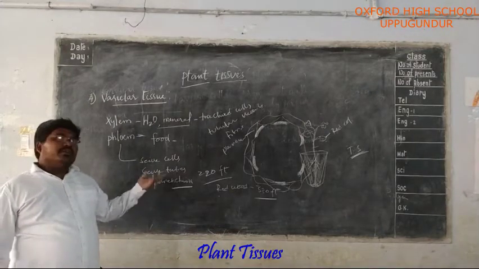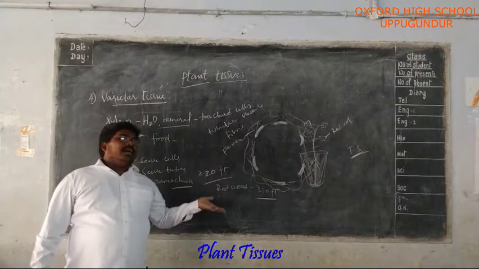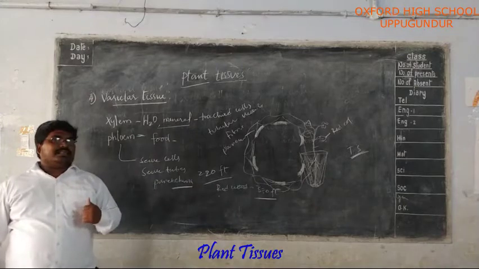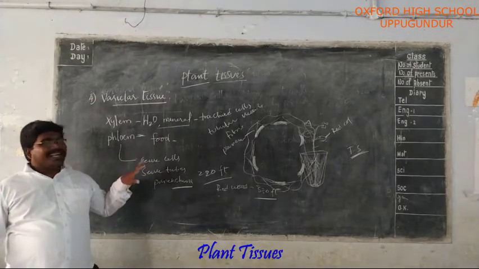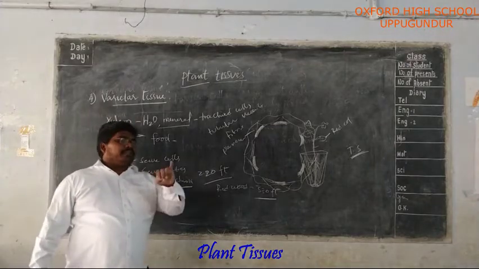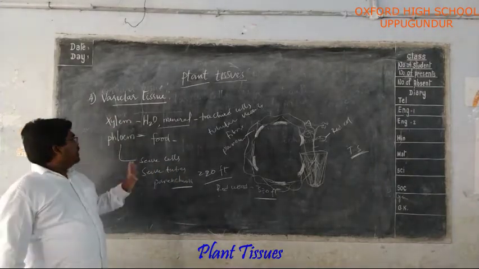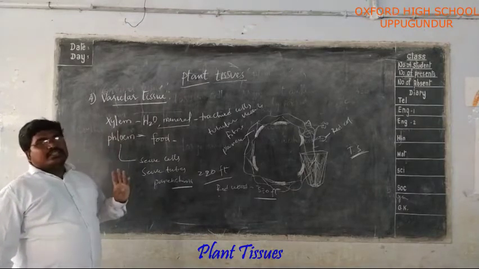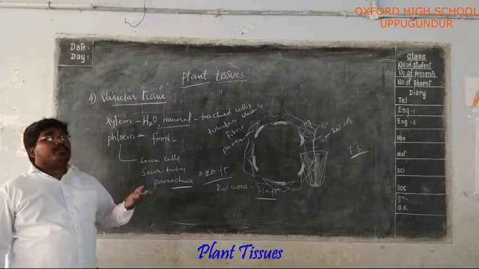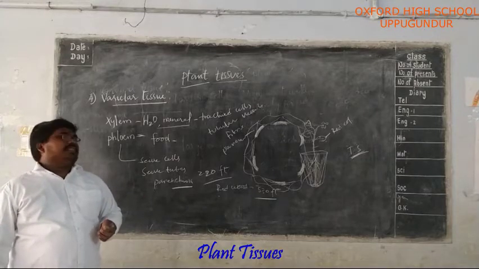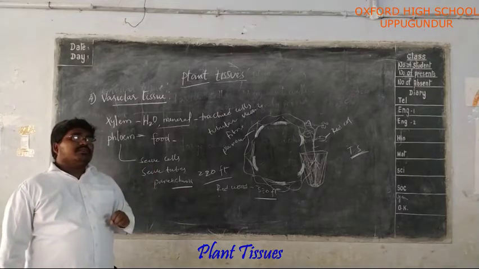Dear students, we noticed that different types of plant cells are there, and they perform different types of functions. According to their tissues, they are considered into four types: meristematic tissue, dermal tissue, ground tissue, and vascular tissue. These tissues are modified or specialized to perform special functions. So how do we know about it?